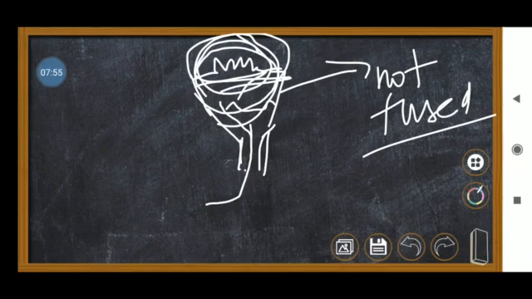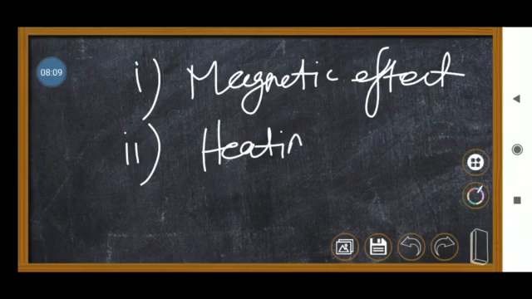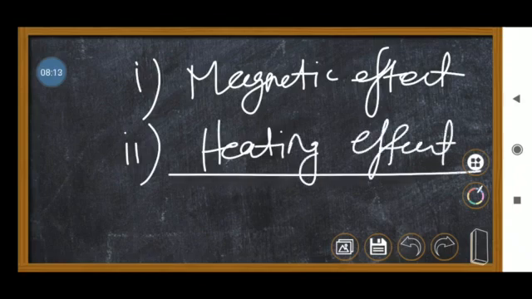Whenever electricity is passing through any appliance, two effects will happen. One is called the magnetic effect, and another one is called the heating effect. Just remember that: magnetic effect and heating effect are very important. How does the heating effect happen? The remaining amount of that current, for example